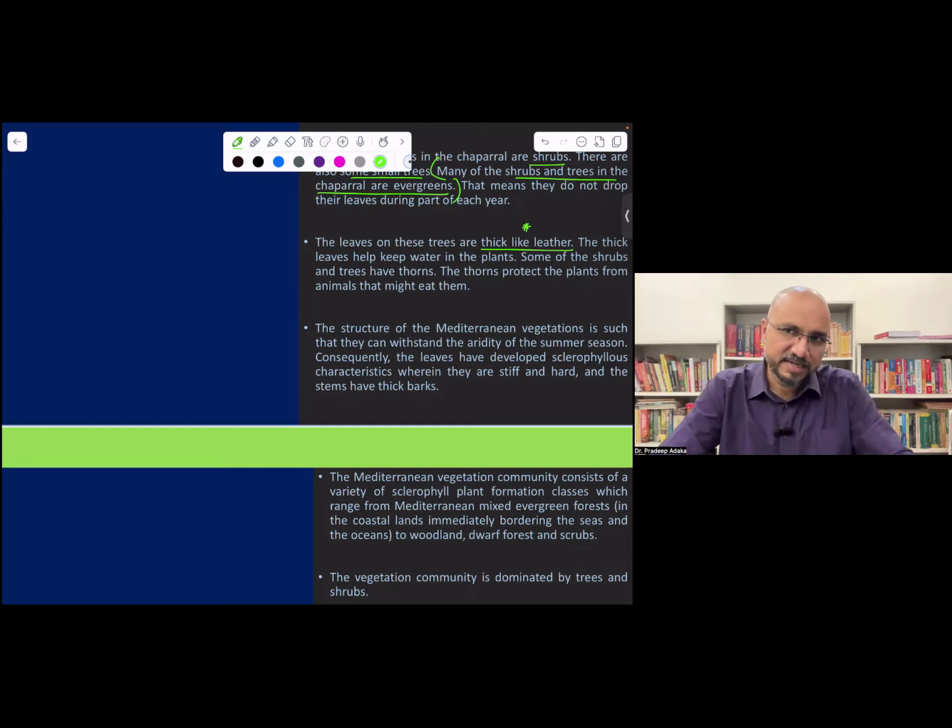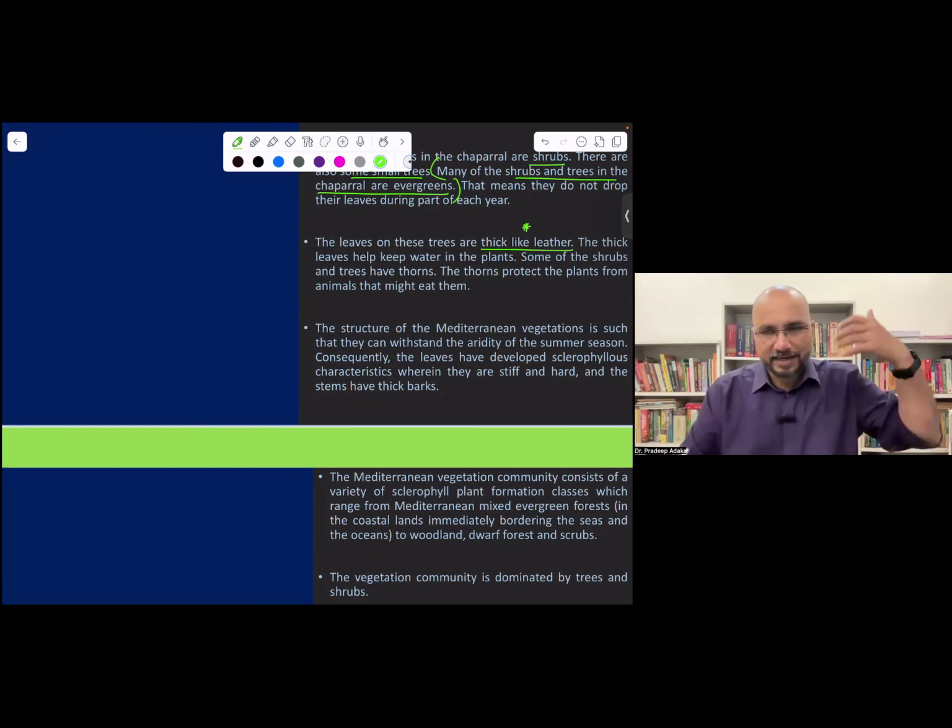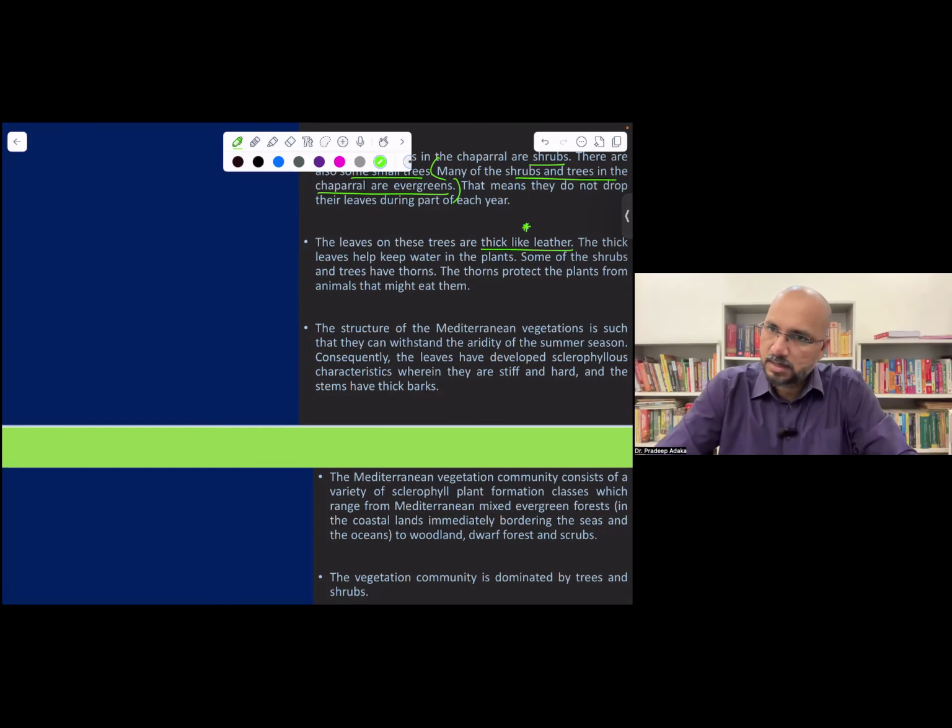In summer season, deciduous trees drop their leaves to prevent transpiration because soil does not have moisture. And if transpiration continuously happens, because mostly transpiration happens from leaf surface, stomata, right? So they shed their leaves to conserve the moisture because soil does not have enough moisture. If there is enough moisture, plant can continuously take moisture from the soil and can happily continue transpiration, but soil does not have moisture, so it has to shed its leaves to conserve moisture.